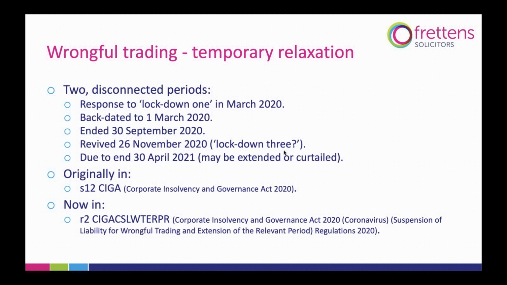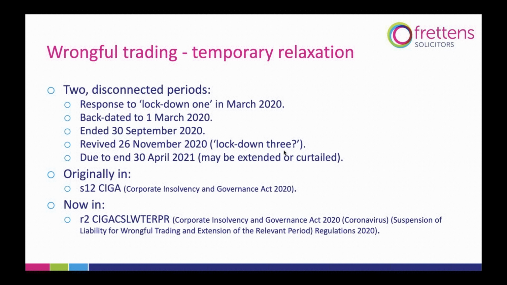It lasted for 6 months, ending on the 30th of September. There was then a gap during which wrongful trading was back with full force, and then it was relaxed again from the 26th of November. And that second relaxation is due to end on the 30th of April. But the legislation that relaxes it is flexible, so it may end sooner or it may last for longer, depending